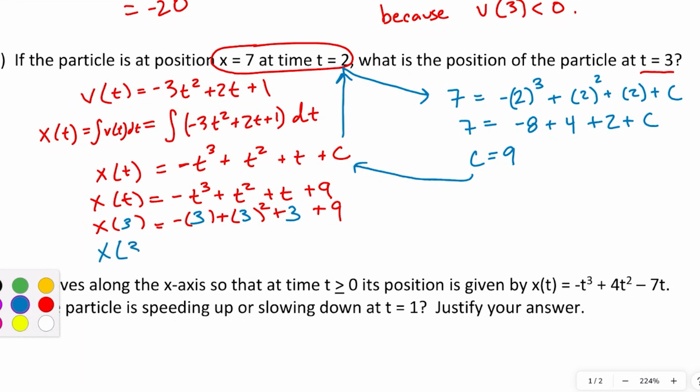So let's see here. X of 3 is negative 3 plus 9 plus 3 plus 9. So our answer here, the position of the particle at time equals 3